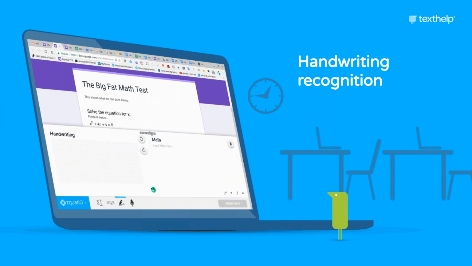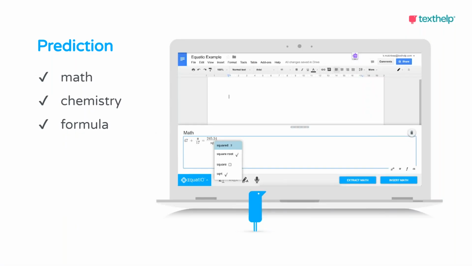One thing I forgot to mention when I was talking about prediction a second ago is that if you turn off prediction, you still have the ability to just do basic typing of an equation. So it's not an all or nothing type of thing. If you turn prediction off, you can definitely type out an equation, not an issue at all.